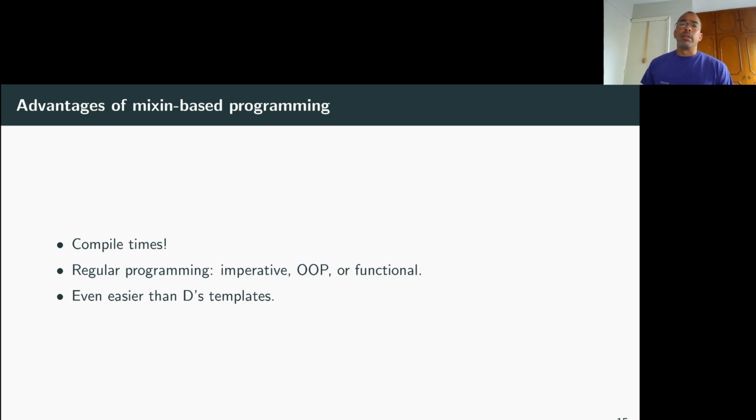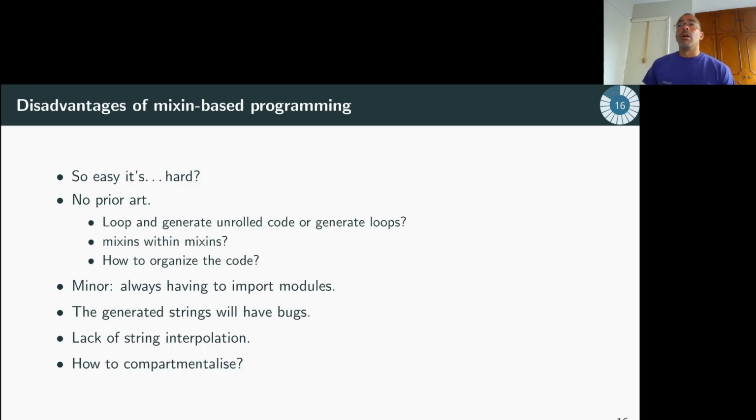And even though these templates are easy, well, this is a lot easier. Anybody can do this. However, not everything is nice. At one point, I thought it was so easy, it's hard, because I'm so used to templates and static foreach that my mind was confused that I'm passing in things at runtime. It's not runtime because I'm calling it at compile time, but it looks like it. And so I think this is just a question of getting used to it. The other problem I had is there's no prior art. There's no best practices. So I'm basically learning as I go along.